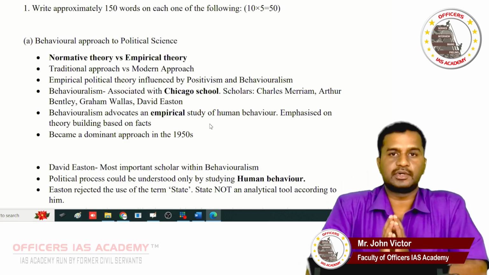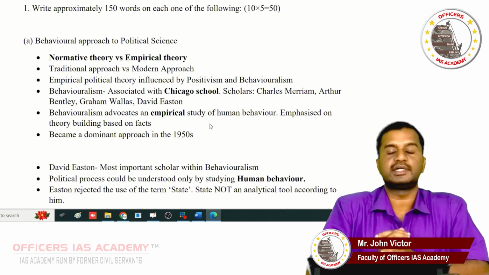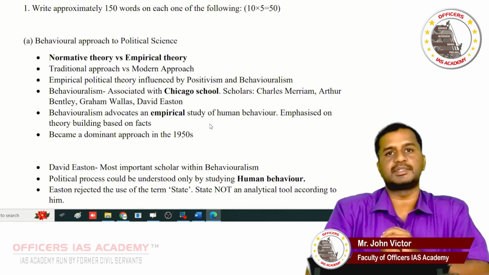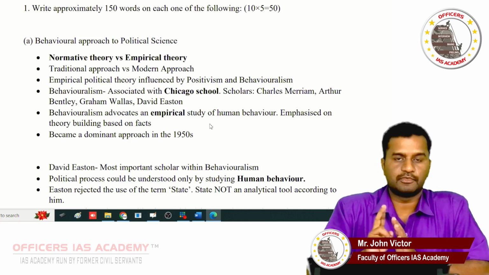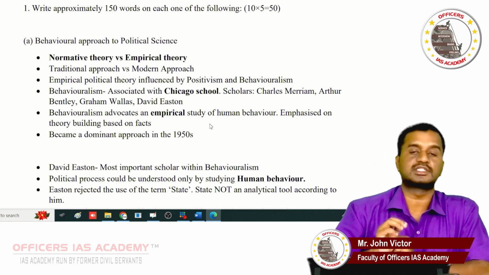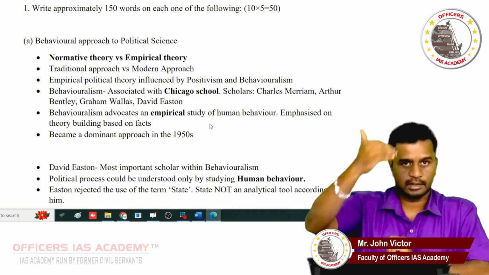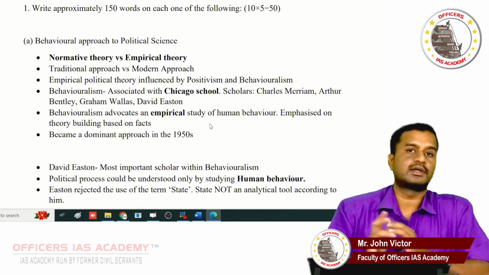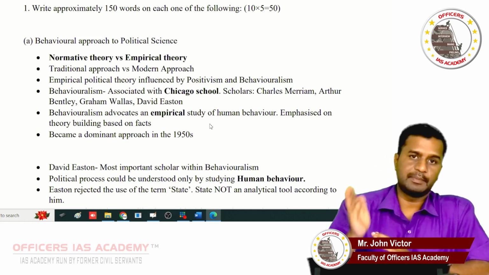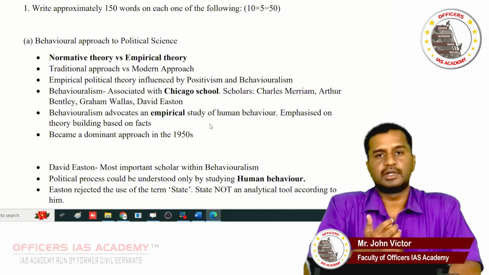Apart from this, ensure that your answer is analytical. You should try to associate different topics within the syllabus. If you are writing an answer in section B of paper 1, you can touch the subject core in section A of paper 1, and then you can write from an IGP point of view. Similarly, when you are writing a question in paper 2, even here you can touch paper 1. For example, if you are